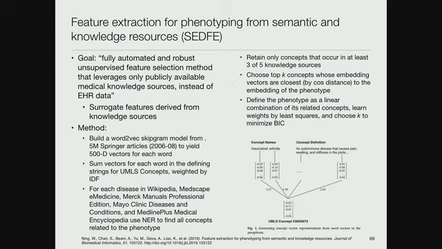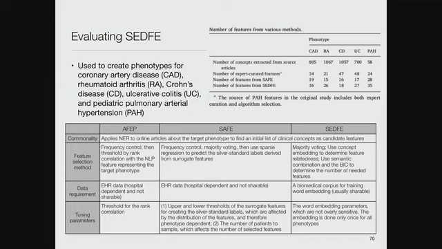So again, this is a bit similar to what we saw before, but here, instead of extracting the data from electronic medical records, they're extracting it from published literature and these web sources. And again, what you see is that the expert curated features for these 5 phenotypes, which are coronary artery disease, rheumatoid arthritis, Crohn's disease, ulcerative colitis, and pediatric pulmonary arterial hypertension. They started with